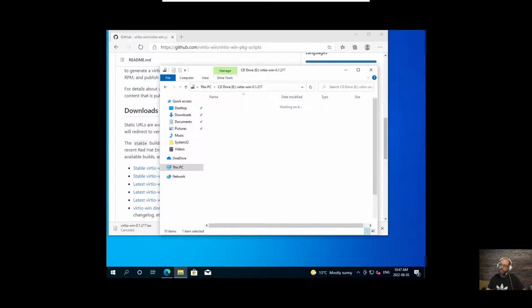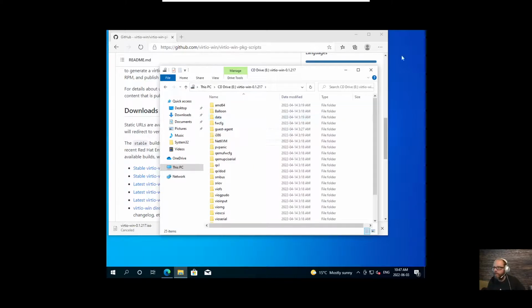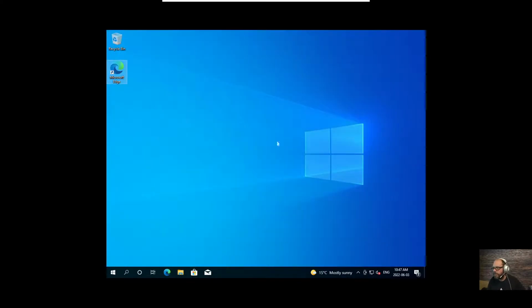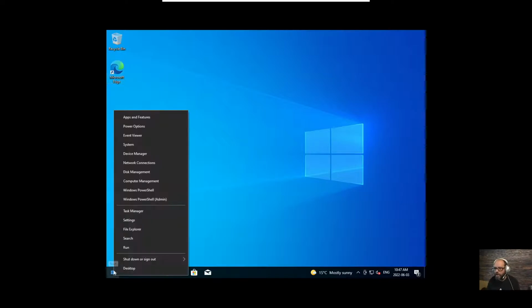And go in here and install the drivers that way. So that's how you get that ISO. So let me pause for a little bit before we carry on, because the last step is converting this machine